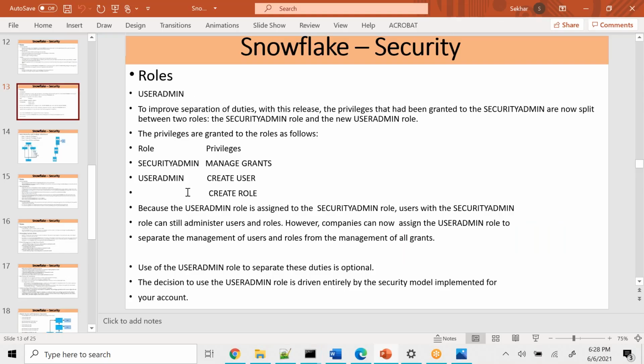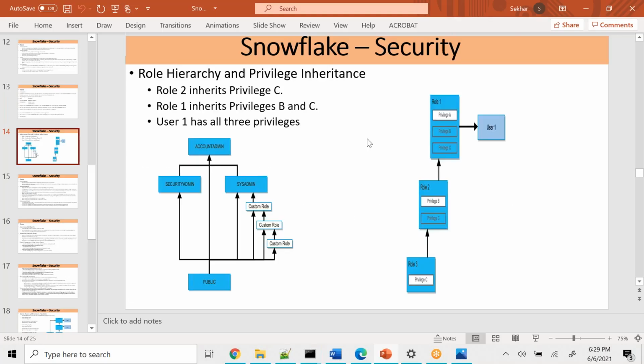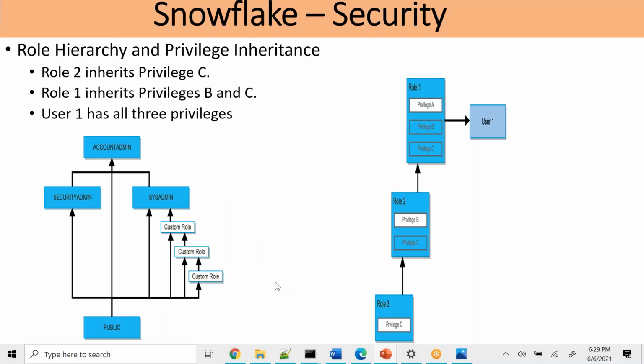This user admin I added later, because I had explained the user admin part of it in this slide, and then we have spoken about the role hierarchy as well. And one more important thing: whenever you create a custom role, you have to grant that custom role to sysadmin. The reason is, if a custom role is created and some privileges are granted to the custom role on some objects,